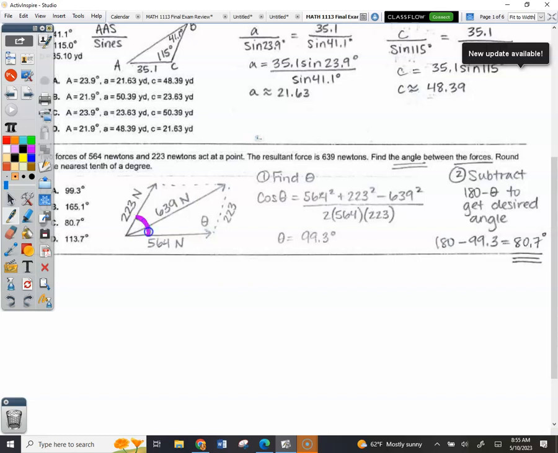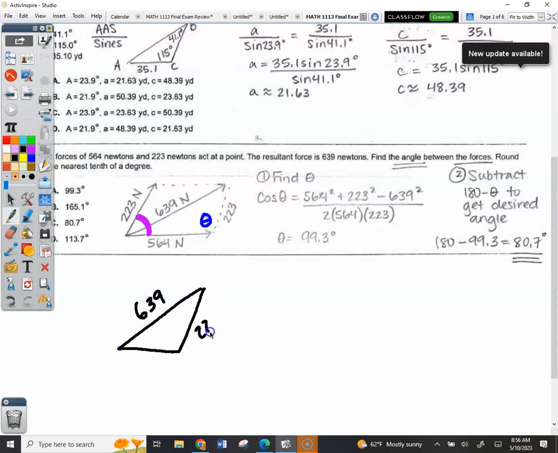This is what they're asking for right here. You cannot find that right away. There's no way to find that right away. You have to find this first over here, and then you have to know that these add to 180. So I made a note for you to first find theta, which is over here in this corner. So you finish the parallelogram. That's 223, so is this. So your focus is on this triangle,